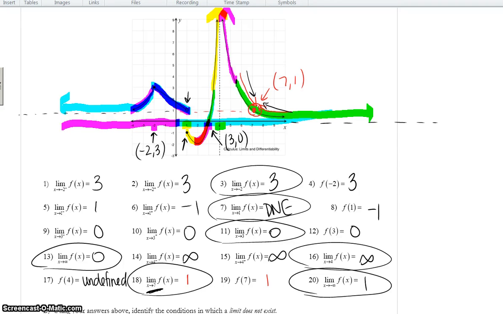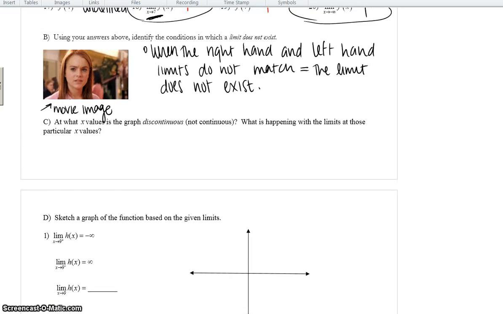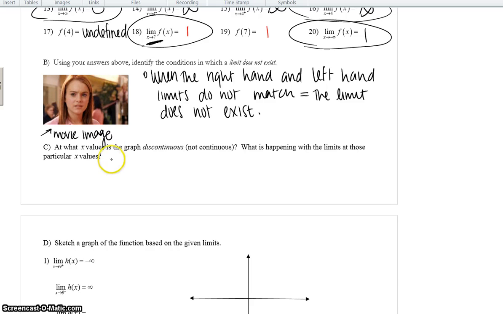Not continuous means that our limit does not exist, as well as this, our asymptote here. So at x equals 4, and where did our limit not exist? Our limit did not exist at 1 either, which means at x equals 1, our limit did not exist